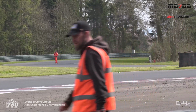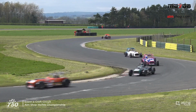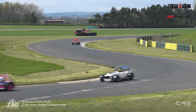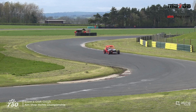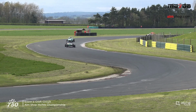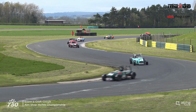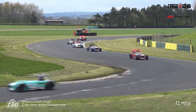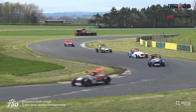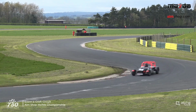So as I say, the Aimshot Mazda 7s back out a little bit later on this afternoon, and a reminder that there are a selection of other categories still to come. Next up we're going to have the Absolute Alignment Sports 1000 Championship. They have 2 races this afternoon, so too do the Club Racing MX5 Cup. A solo race for the Freaky Park Sports Specials Championship to go with the one that they had yesterday. And then of course we round out the day's racing with the 2-hour race for the Club Enduro Championship,